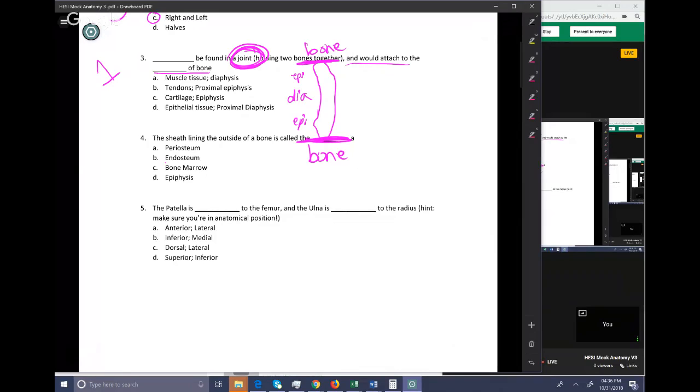The reason that's important is we do not have enough information to say proximal or distal. We only have enough info to say, well, joints only exist at the ends of the bones. So the end of the bone is the epiphysis. That will allow me to get rid of B and D